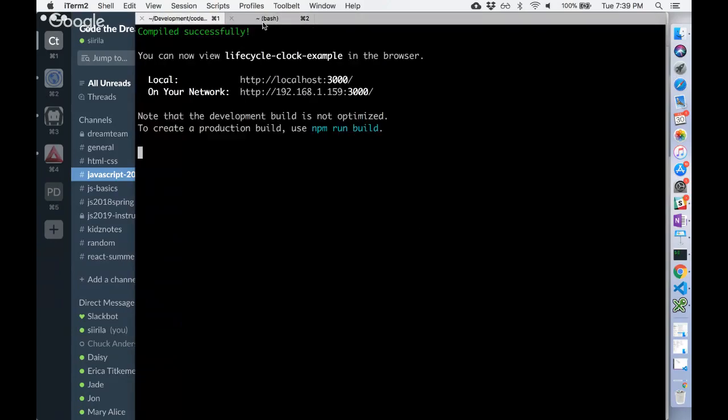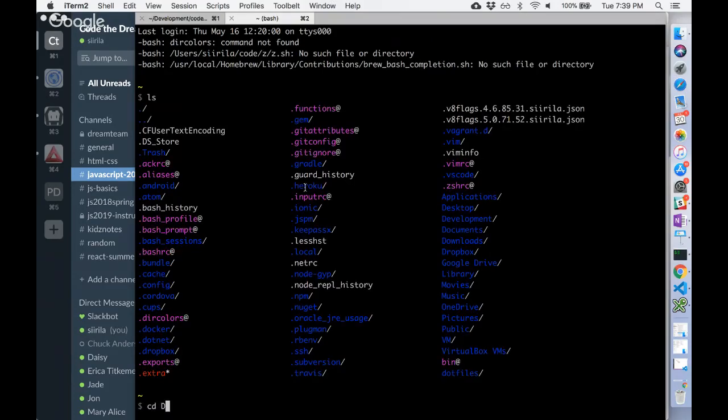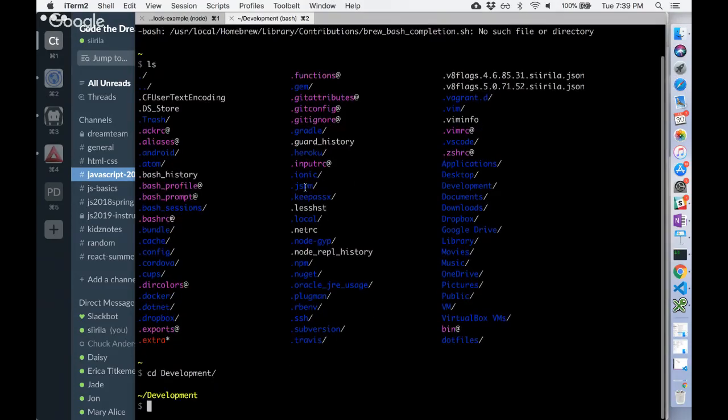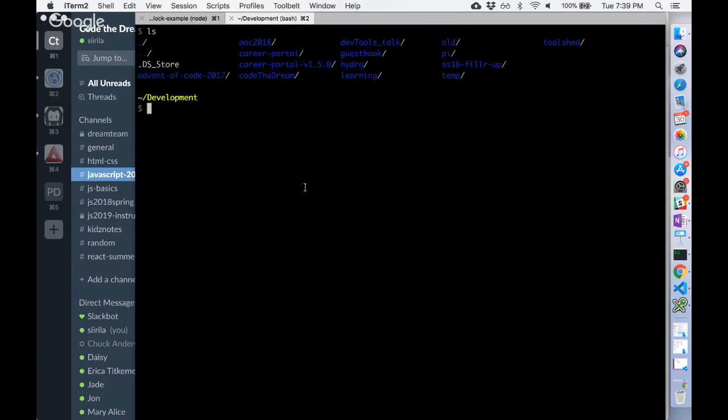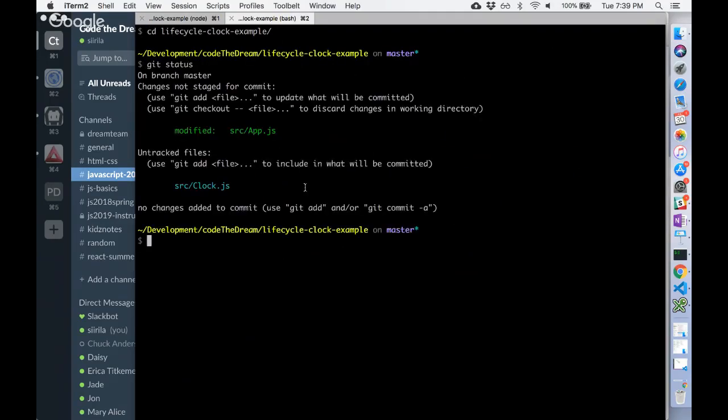That made it go wider too. So if I do git status, you can see that, sure enough, I've modified the source app and I've created a source clock. And I'm saying, all right, this is great. I want to make sure I know my code's working right now, and I want to make sure that I can always go back to this working state.